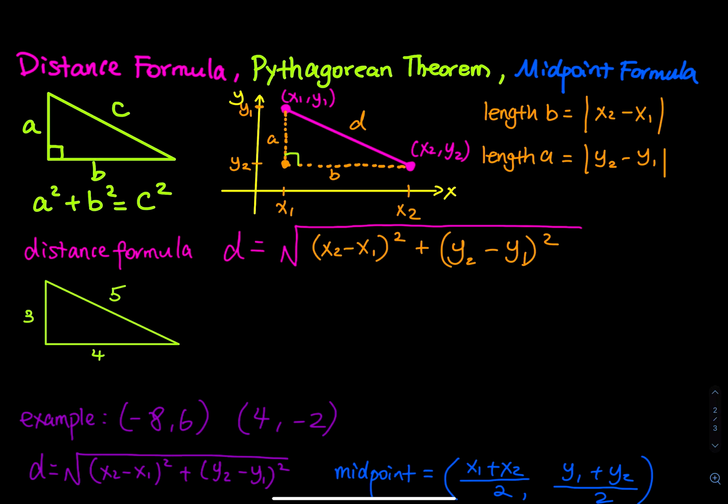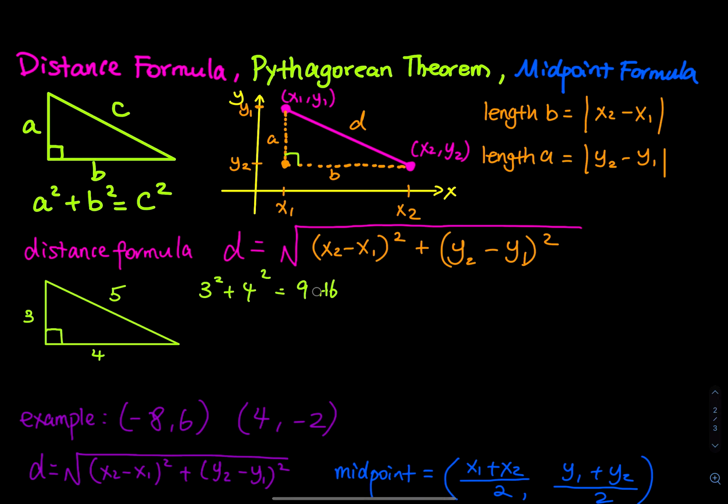Now, using the Pythagorean theorem, do we agree that the square of A plus the square of B equals the square of D? So let's not look at the distance formula right now. Let's just bring this Pythagorean theorem to the simple numbers 3, 4, and 5. And once again, this works for right triangles only. So we have 3 squared plus 4 squared, right? What is that equal to? That is equal to 9 plus 16,